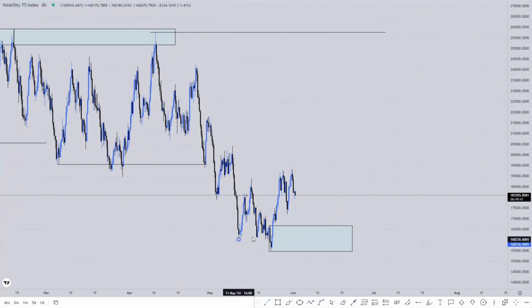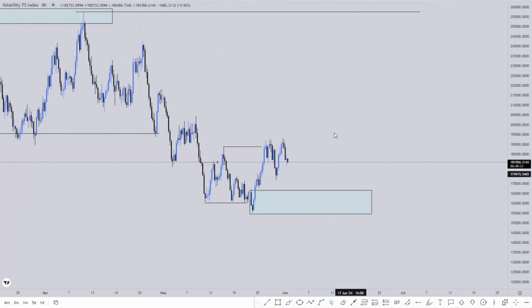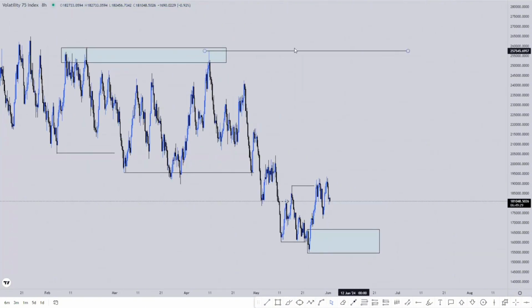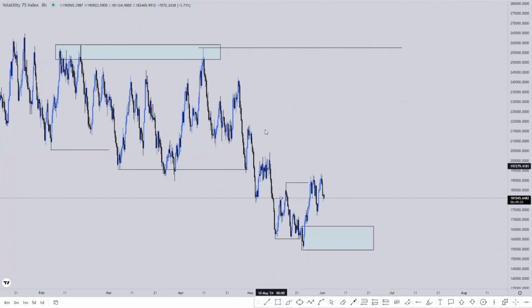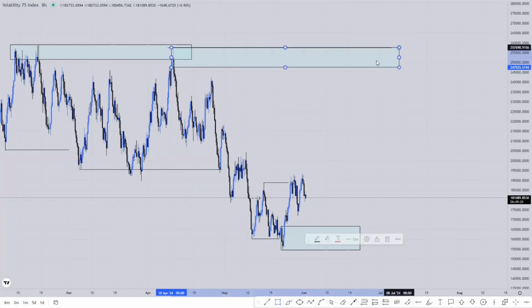whereby they literally broke structure down here. That was a break of structure. Then here, they literally came and changed character. They literally changed character here. This is the minor change of character now that is going to facilitate these buys if ever they're going to take out that one. Let's say now they don't even come and take out that one. Still, we would have made money with those swing buys to this extreme supply, as well as even here, they can even come here